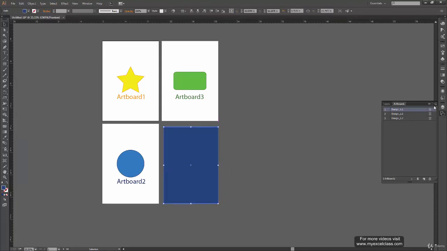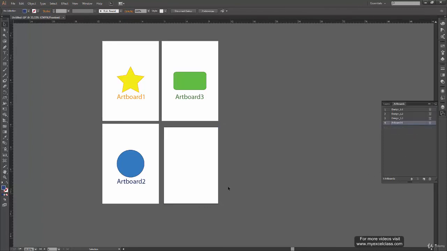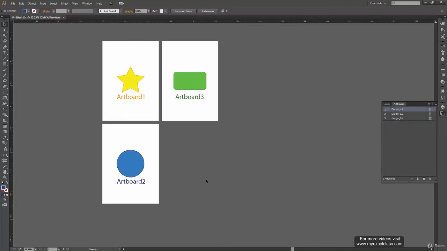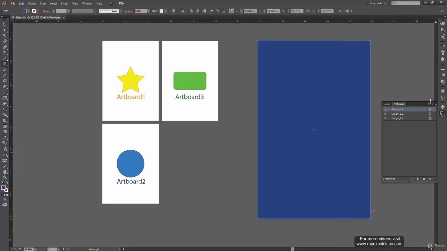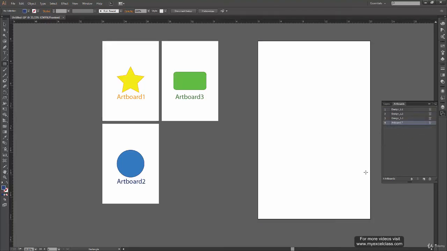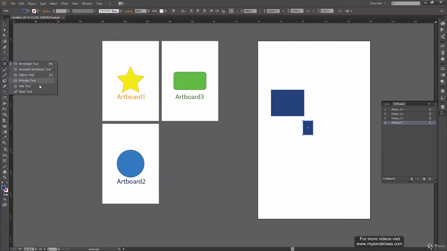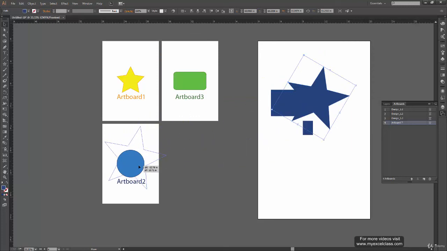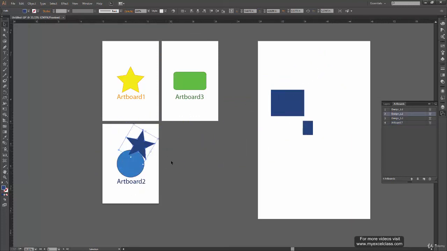I just created a rectangle and let's say convert to artboard. So there I have my new artboard. So let's say along with these artboards, I need a scratch pad, or I need something to sketch around my concept. So I just created a rough artboard, and then I click on convert to artboard, and there I have my rough artboard. I can just experiment with a few things over here. When things look good, I can just copy them or drag them onto these artboards, and yeah, there we go.